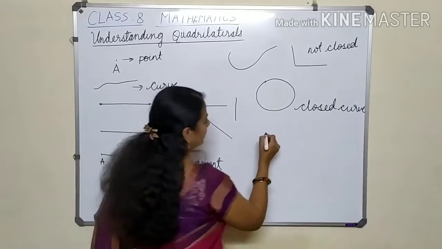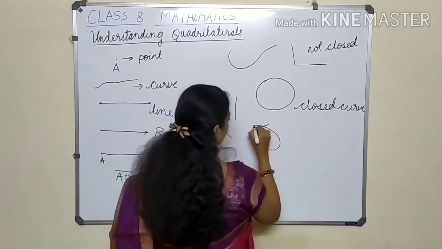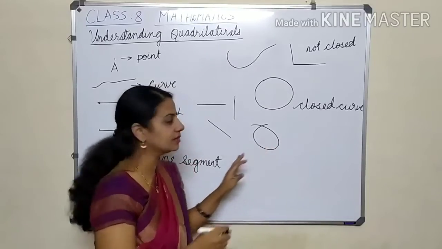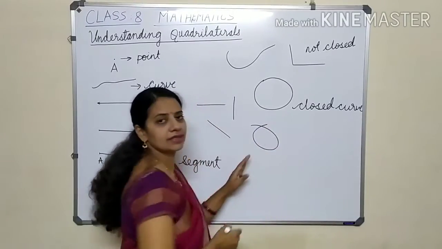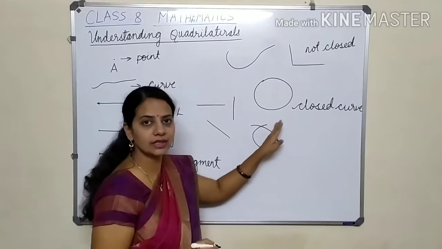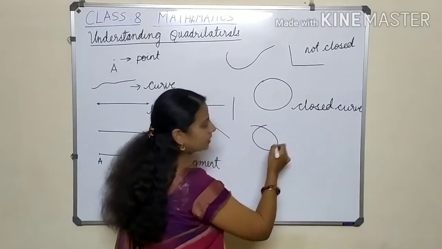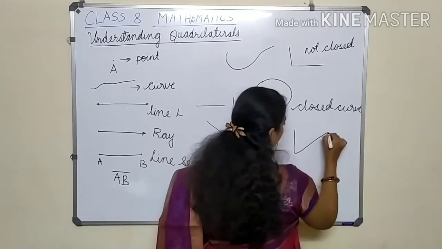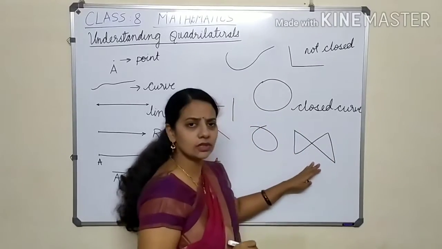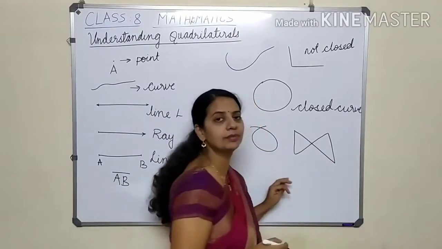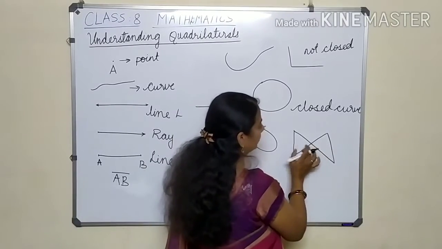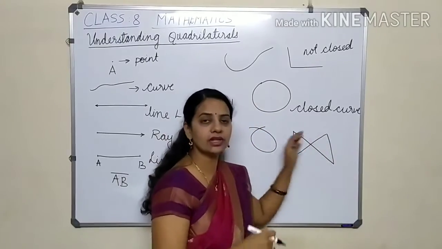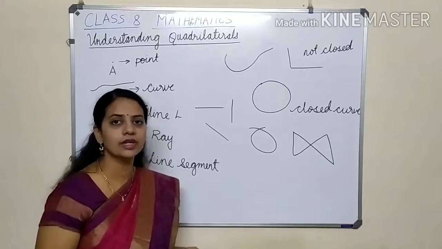Okay. Now one more example. Now this is not simple. This is a closed curve, but it is not simple because the curve extends. It has gone outside the closed curve. So this can extend, right? So this is not simple, but it is a closed curve. Some more examples for this. Now look at this one. This is also closed, but it is not simple. It comprises of two things which are closed. This is one triangle and this is one triangle, right? But we can draw this without lifting our hands. So these are the examples of closed curves.